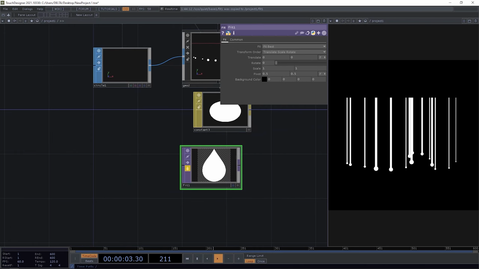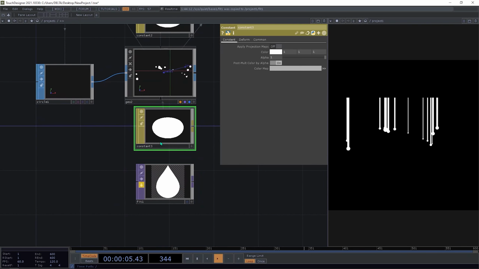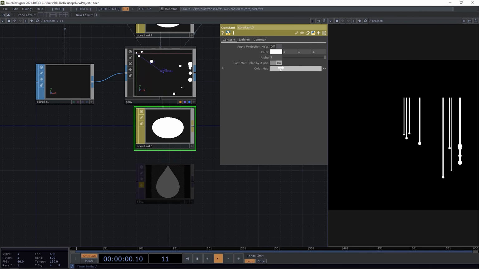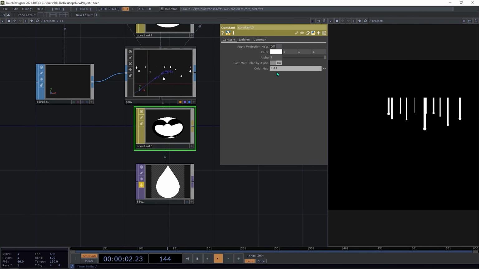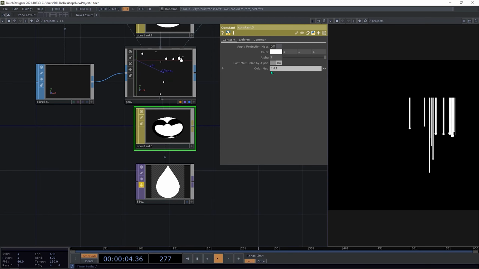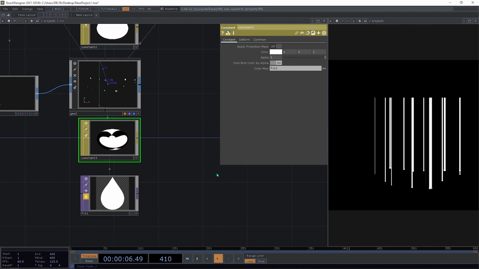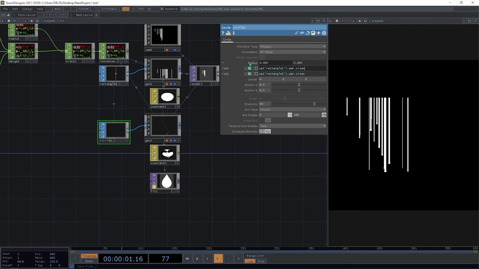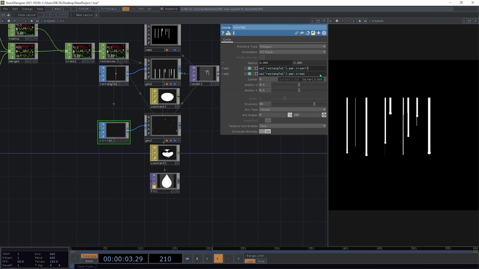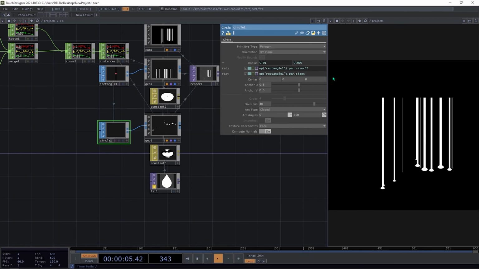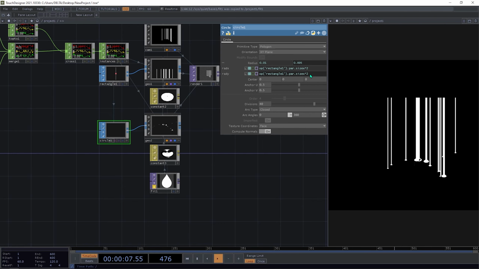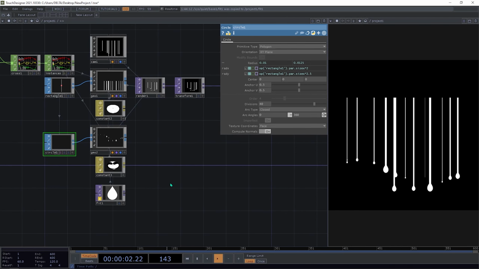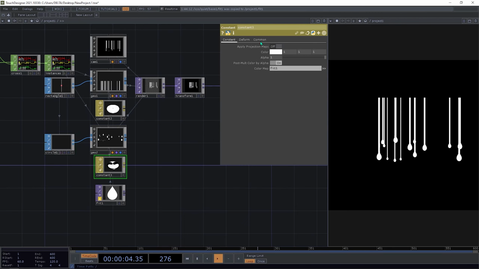So the thing we need to do here is just to drop the PNG to the fit, to the color matte, sorry. And here we need to multiply our radius by a larger number to make the drop visible, and that's the drop. And finally we need to